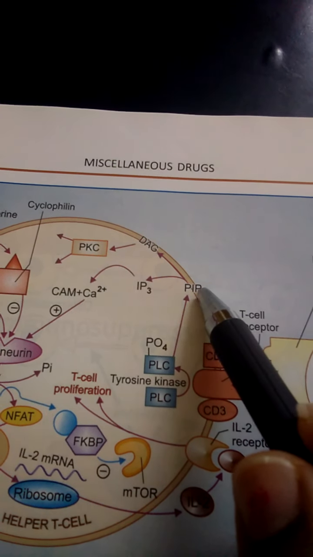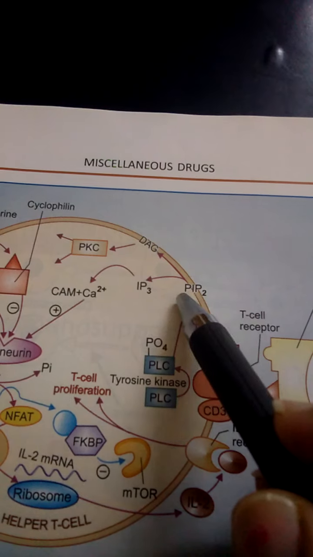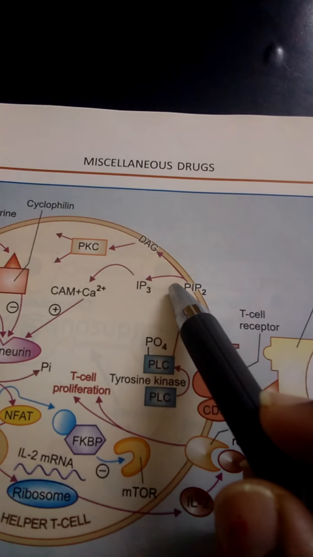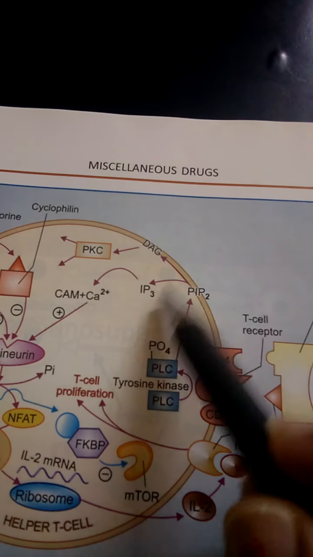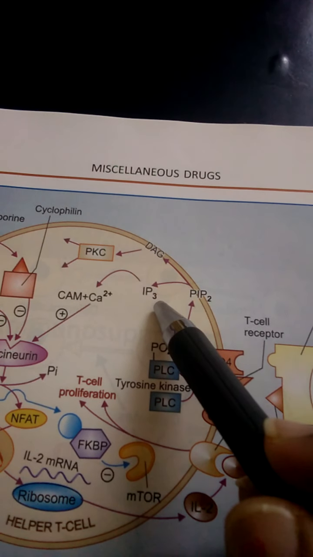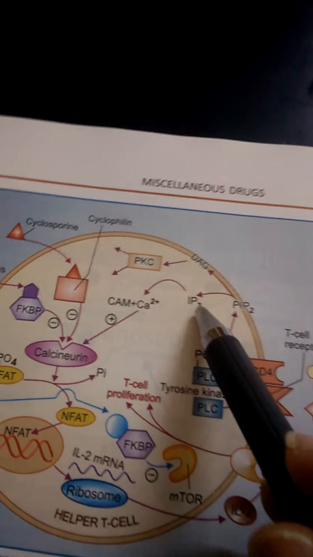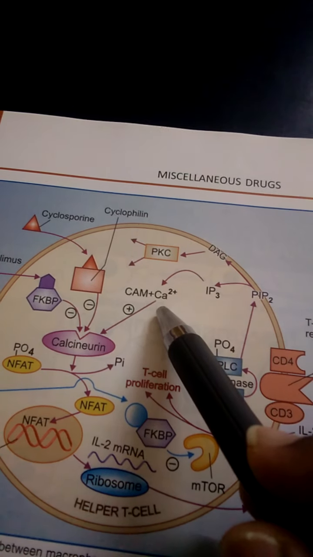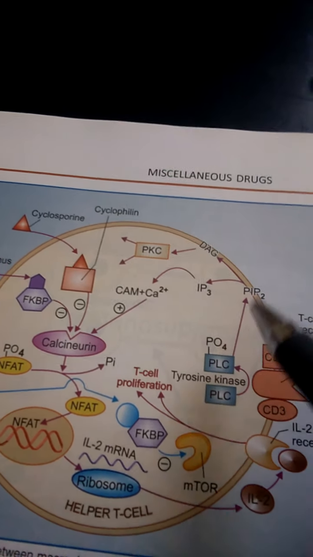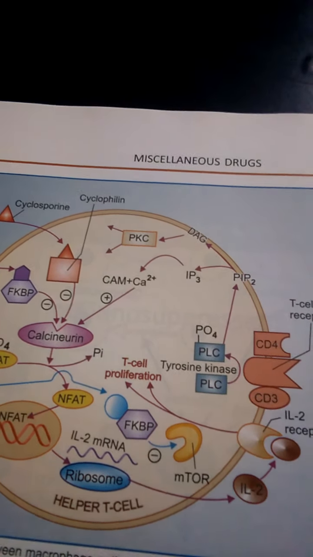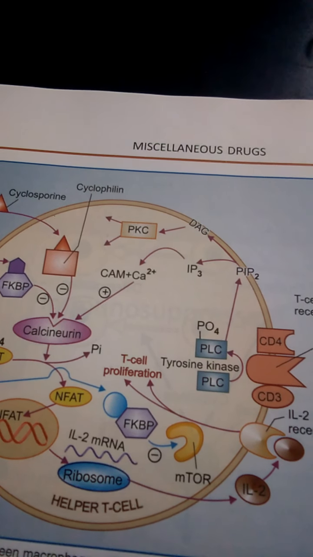So PIP2, after dephosphorylation, can be divided into two components: one is DAG and the other is IP3. This IP3 is mainly involved in the release of calcium ions inside the cell. Stimulation by IP3 causes release of calcium ions inside the cell,